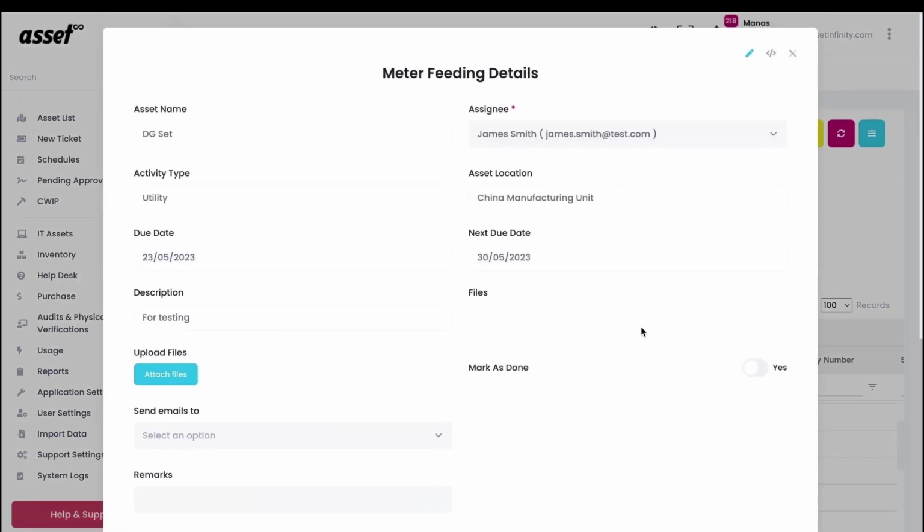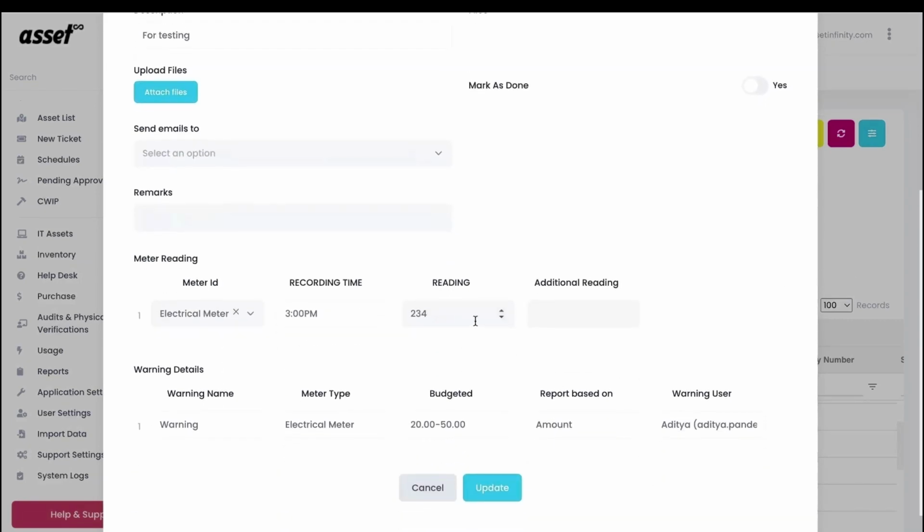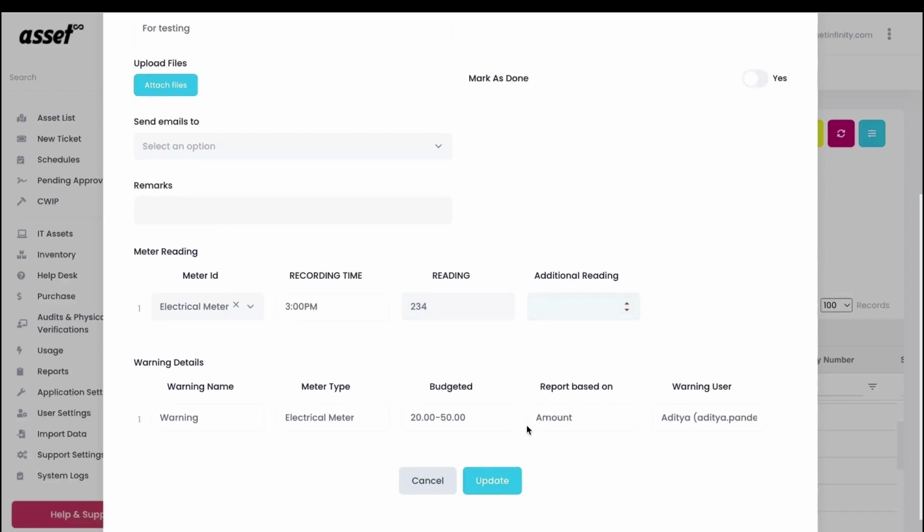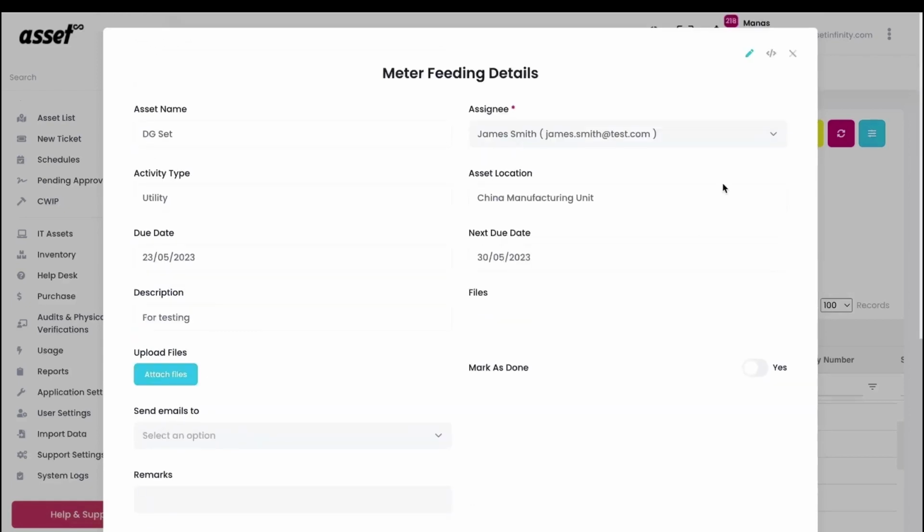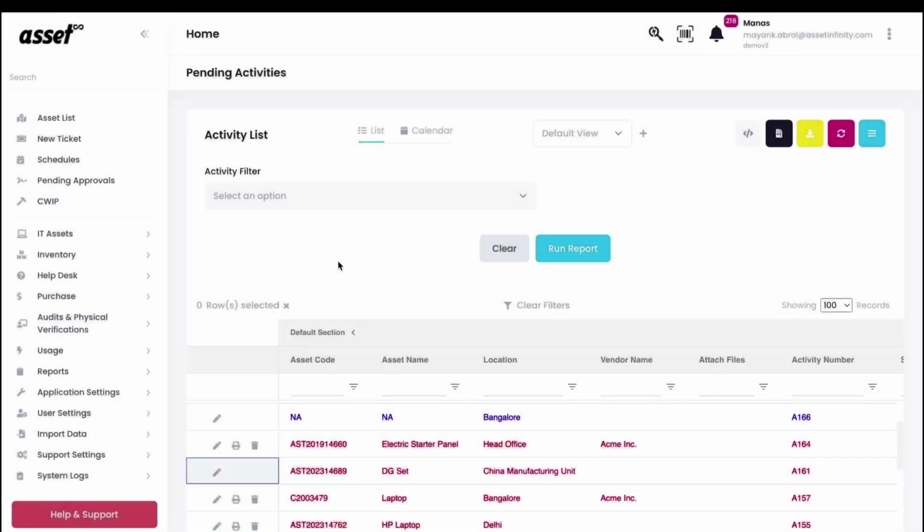There are fields related to the usage monitoring activity which we created. If we scroll down, we have the option to specify the reading which we found during the performance of this activity. We can also see the budgeted levels set by us. Any additional reading which was beyond the levels can also be mentioned. When we click on Update, the usage monitoring activity gets completed and is visible in the utility report in the usage module. When we go there,